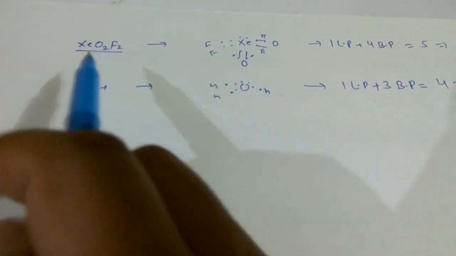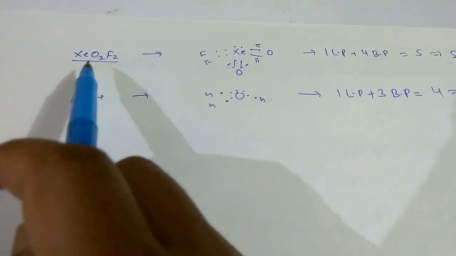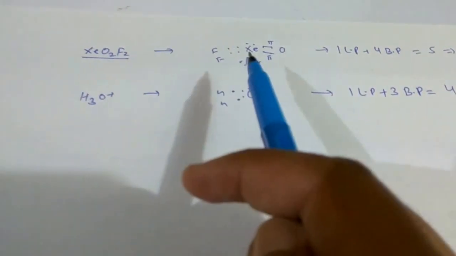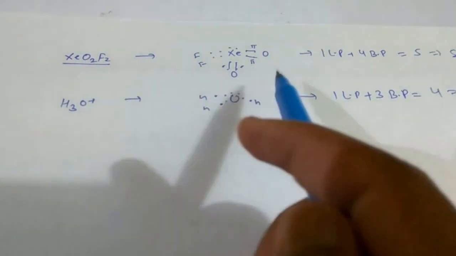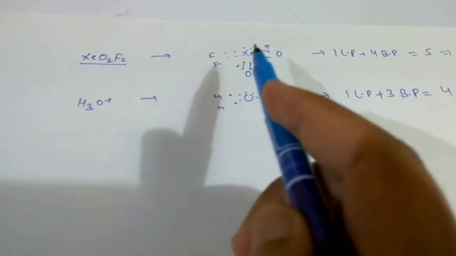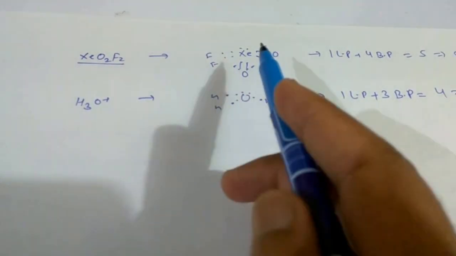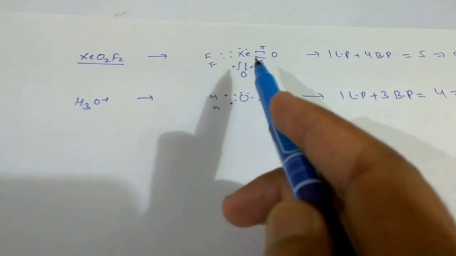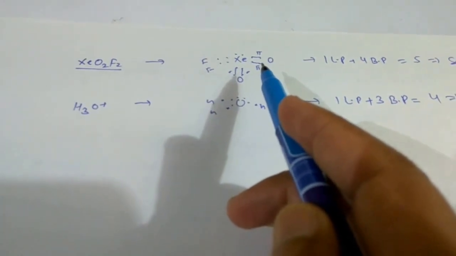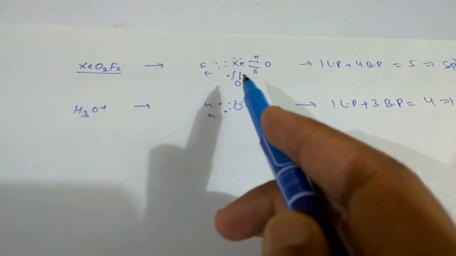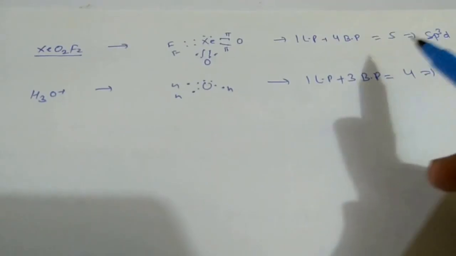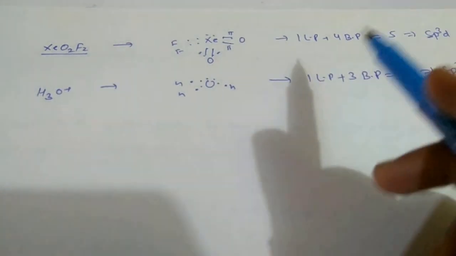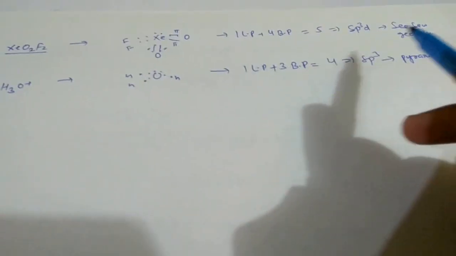For example, again if we are going to calculate the hybridization of XeO2F2, since xenon contains 8 electrons and there are oxygens which are divalent, as we know that oxygen makes 2 pi bonds. Since pi bonds are not included in hybridization, there is no need to count these electrons for hybridization. So therefore there are 1, 2, 3, 4, 4 bond pairs and 1 lone pair, total equals 5, that is sp3d. sp3d with 1 lone pair has seesaw geometry.